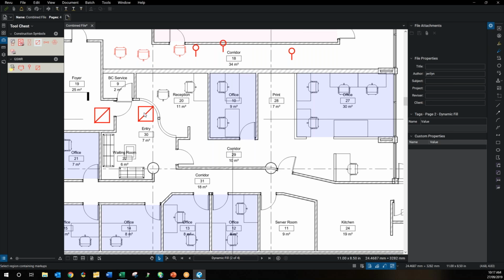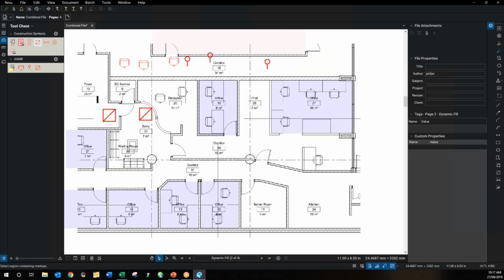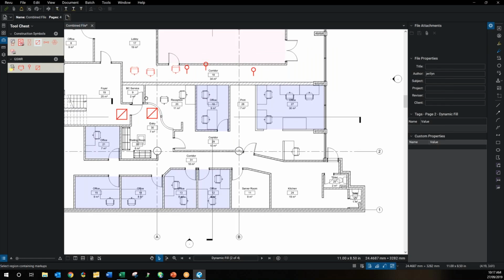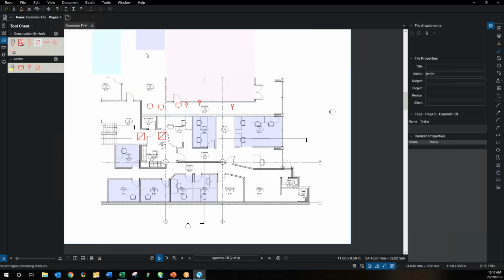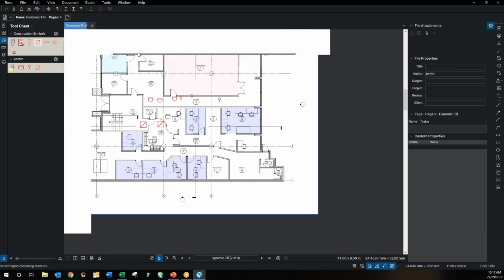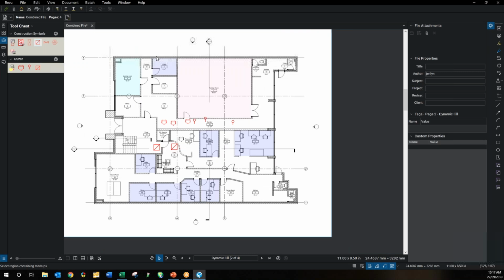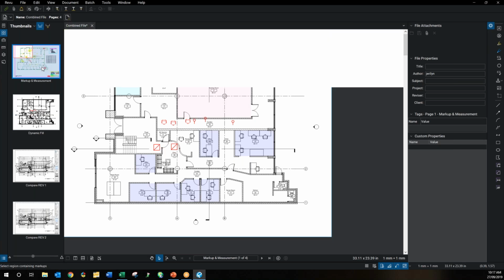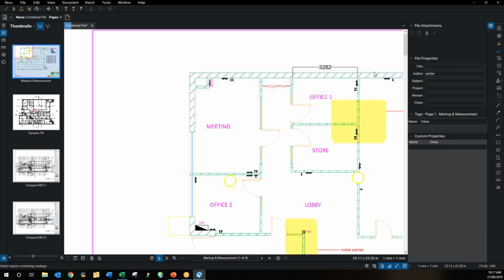Cool, so that's the basic markup tools. Now I'll go on and show you a little bit about measurement. So with this drawing, we don't have a scale on it, but we've got a measurement on this one. Cool, so we've got a measurement on this wall here. So we know that's 3282 millimeters. So if we click down to the measurements tab,